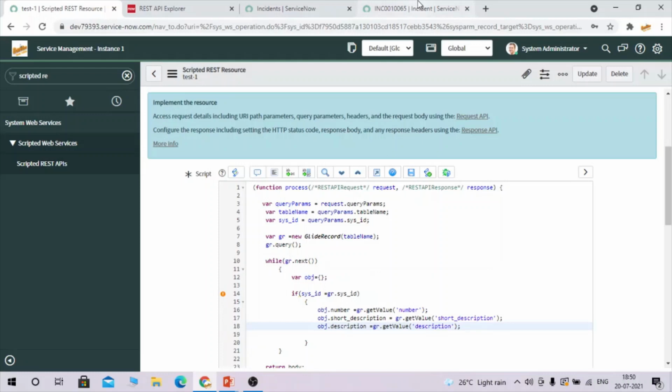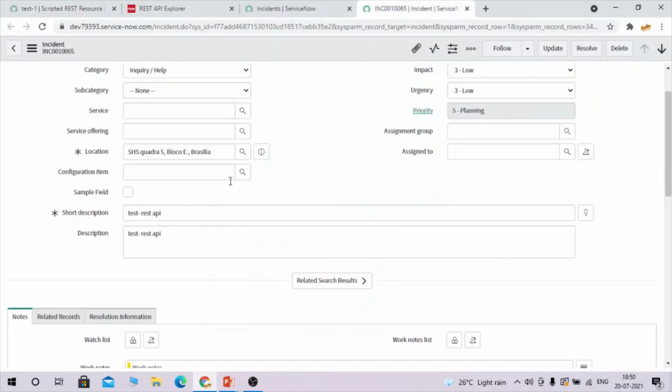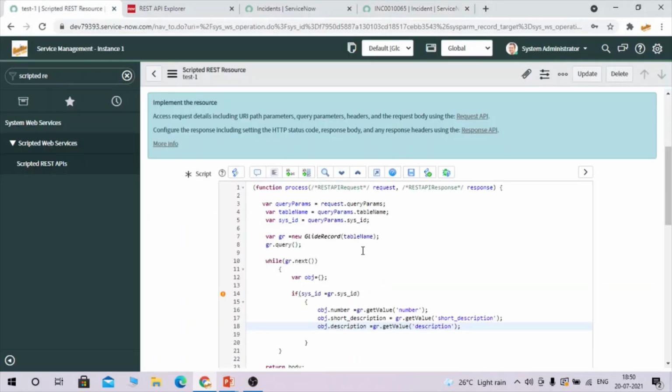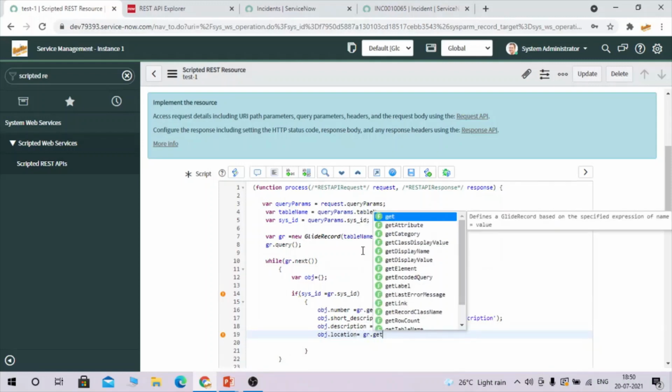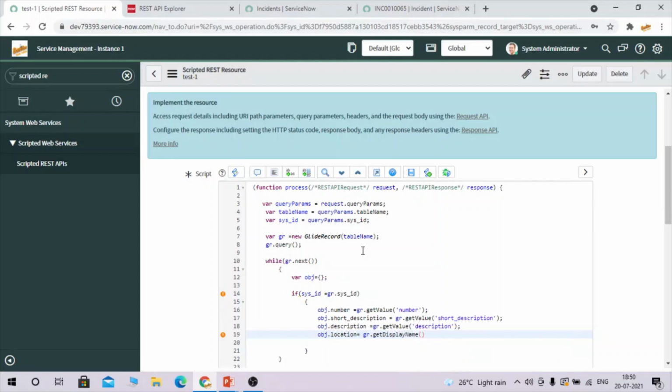So whatever you want to see, all the fields you can take. If you are taking any reference field, like location, you need to take it like this. You have to use here get display value, pass here backend value of location.